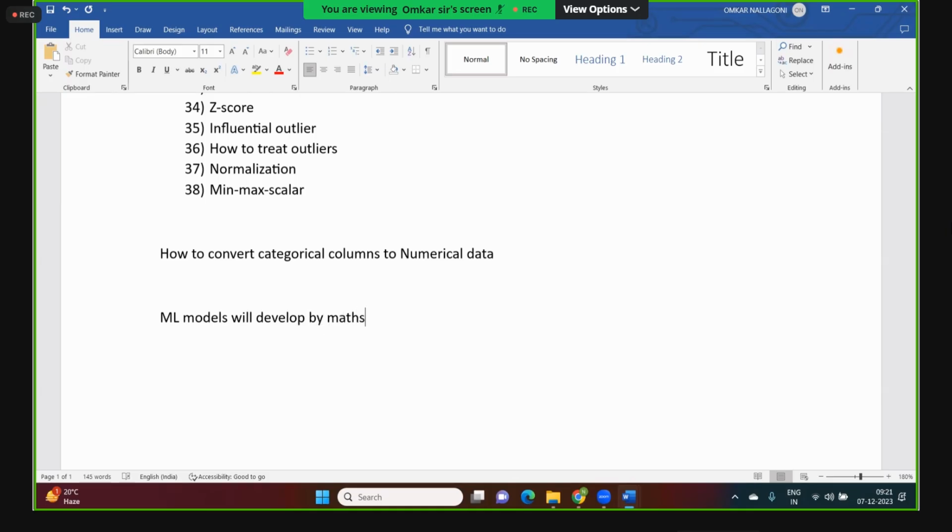But maths will take only numbers. It will not take English letters. So maths will consider only numbers. That's why it is very, very important, before training any ML model,